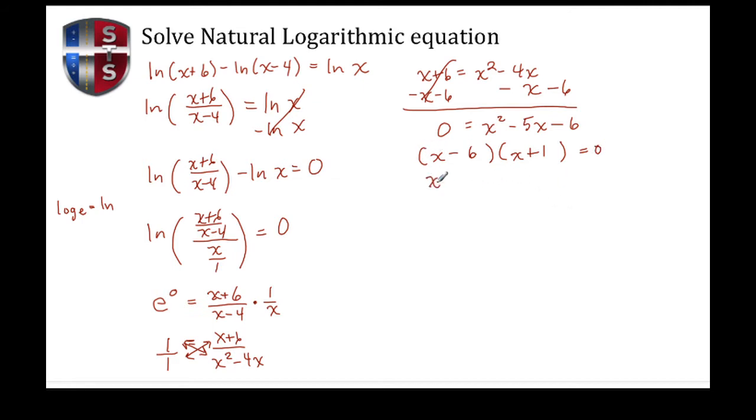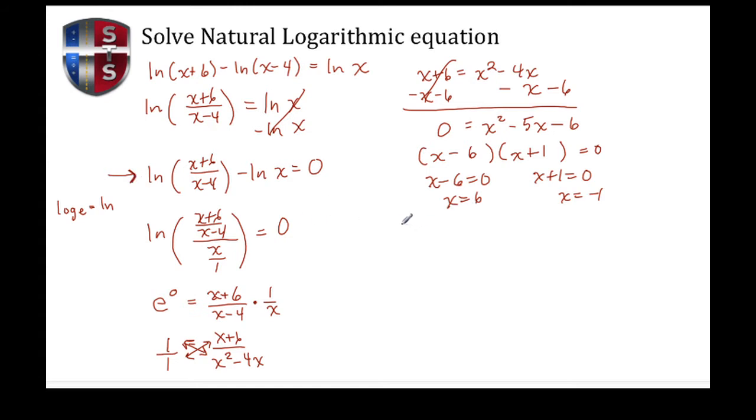Now I can take each one of my factors and set those to 0, and then I can begin to solve for x. So here I see that x has to be 6, and also x is negative 1. So these are my two potential answers. Now let's go back to the equation and substitute these values in to figure out if they're both valid, or to verify these answers. Let's use this equation here to do the substitution.